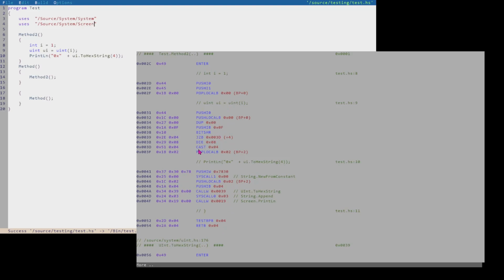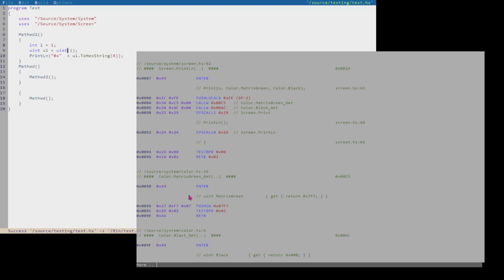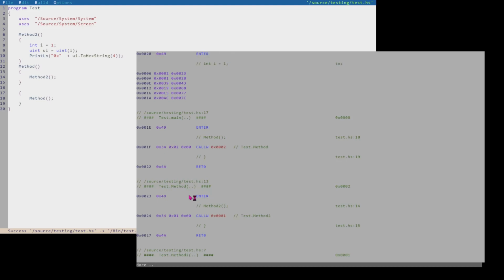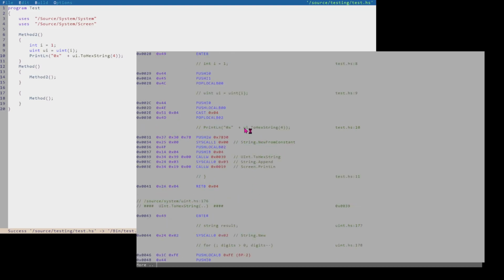But yeah, it's doing a cast here. And I should turn that off. So let me do it without the checked build and show you what it looks like. So if I do that again, right, let's go down. So we're in method 2 here. So the part of interest here without doing a checked build is casting the int to a uint. So it makes a slot on the stack by pushing a 0. It pushes this local variable, which is I, onto the stack, and then cast to 4. And 4 is the uint type,